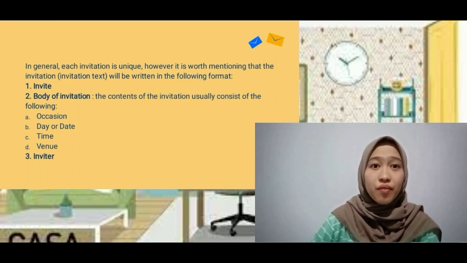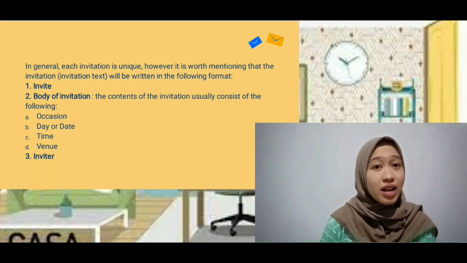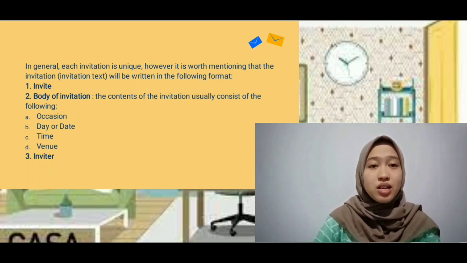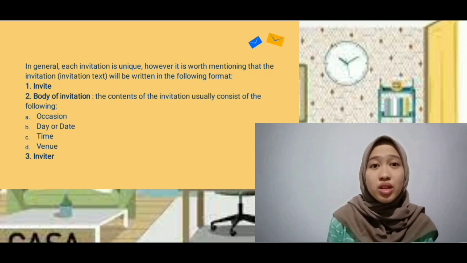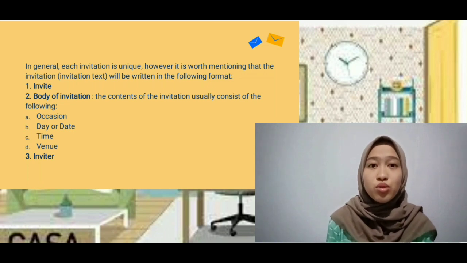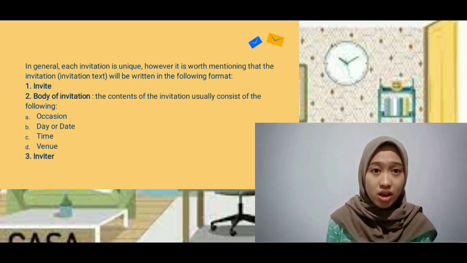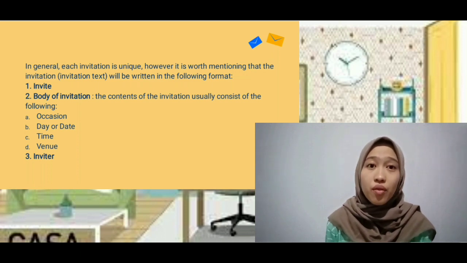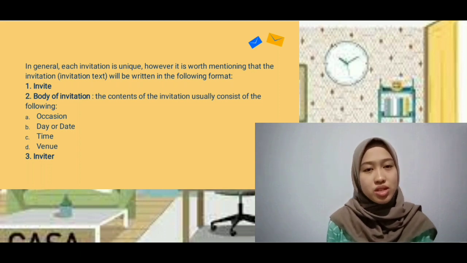If those who are invited are important people, then the formal invitation is the right choice to use. But everything returns to the form or event of the invitation, meaning that if you are going to invite someone who is considered important to the wedding, graduation, ceremony, dinner, and anniversary, events which are wrapped in an official or formal atmosphere, a formal invitation is the right choice to use.